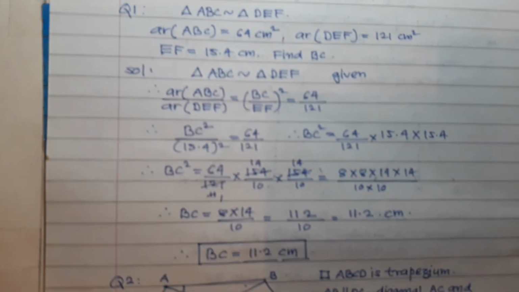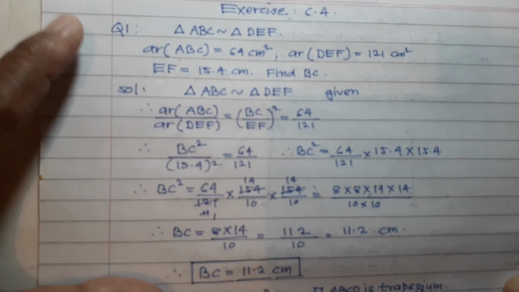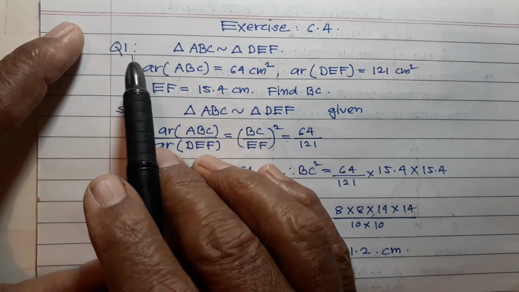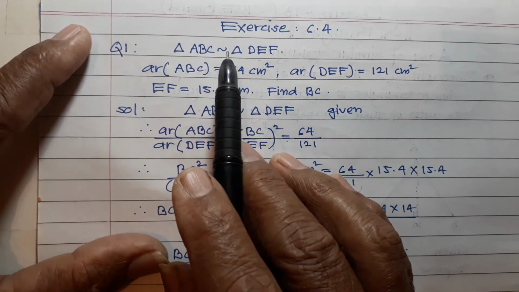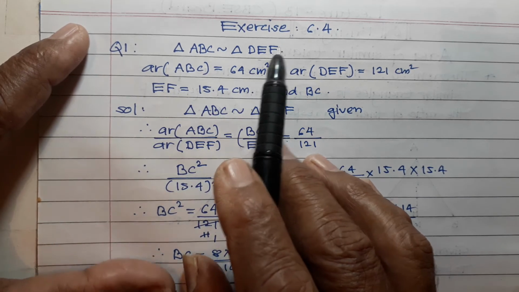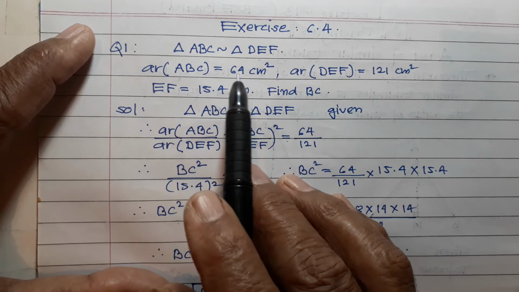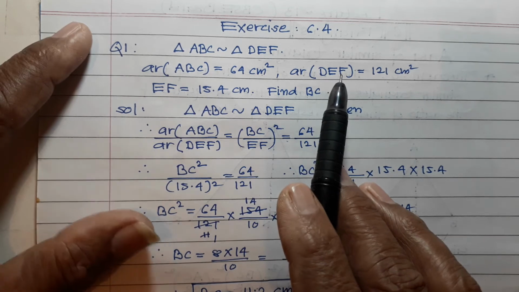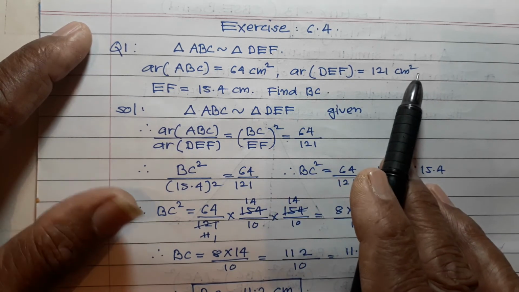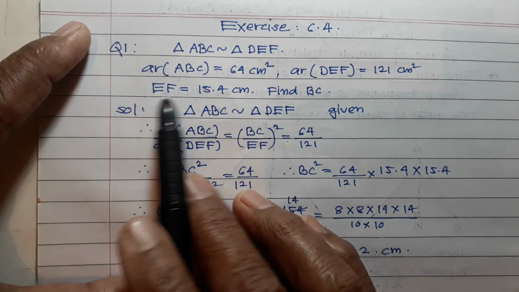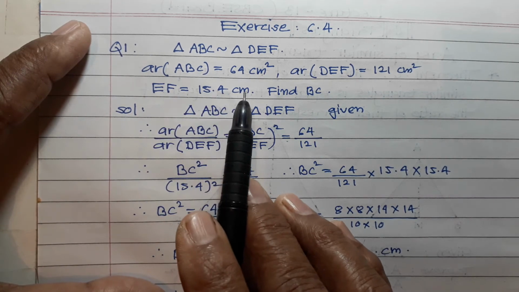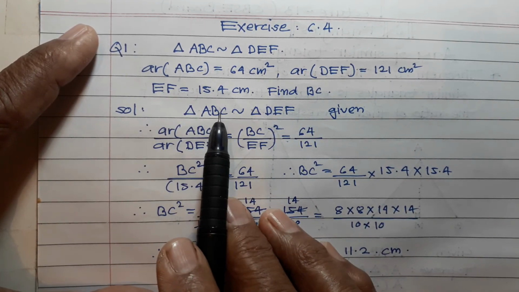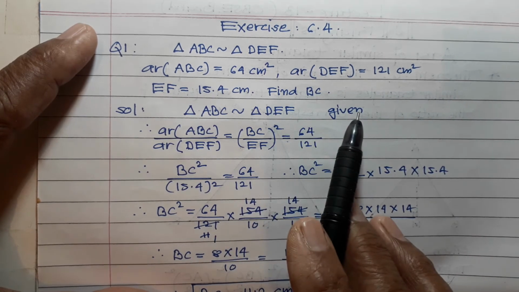Now I will explain some examples based on this theorem. Okay, exercise 6.4. Question number 1. Triangle ABC is similar to triangle DEF, area of triangle ABC is equal to 64 cm square and area of triangle DEF is equal to 121 cm square. If EF is equal to 15.4 centimeter, find BC. Solution. Triangle ABC is similar to triangle DEF, given, and therefore